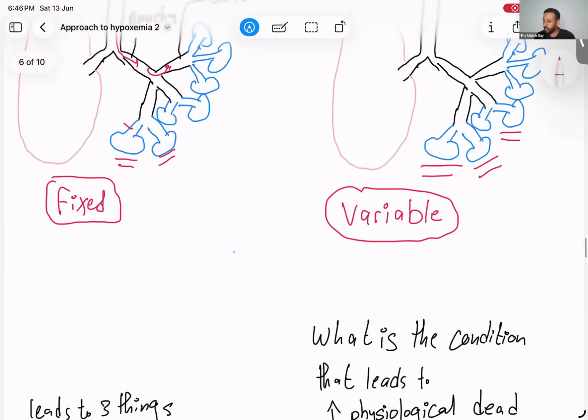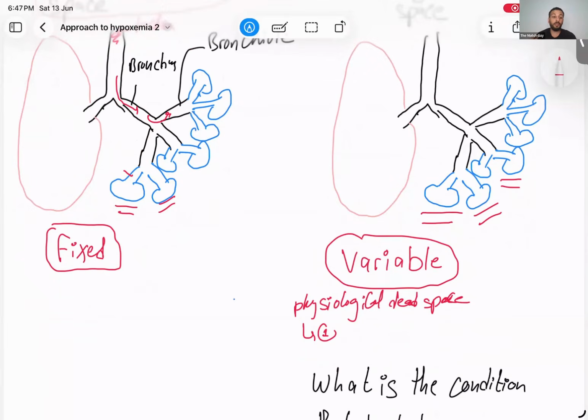So the physiological dead space, what is it? It is containing two things. One, the dead space from the alveoli not involved in gas exchange. And two, they include